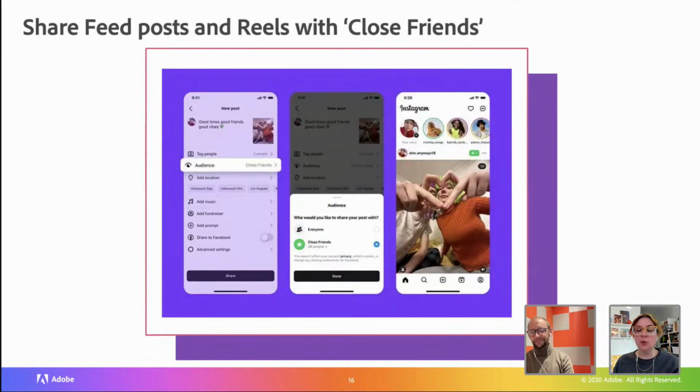One thing that I do think is cool, I do not recommend this way to do it. I think honestly, if close friends had been available sooner, I may have set up my profiles differently. I run 3 Instagram accounts, which again, do not recommend, but I have one that's just my personal, and I would actually rather have it be a close friends option on my business account, but I just have it separately.